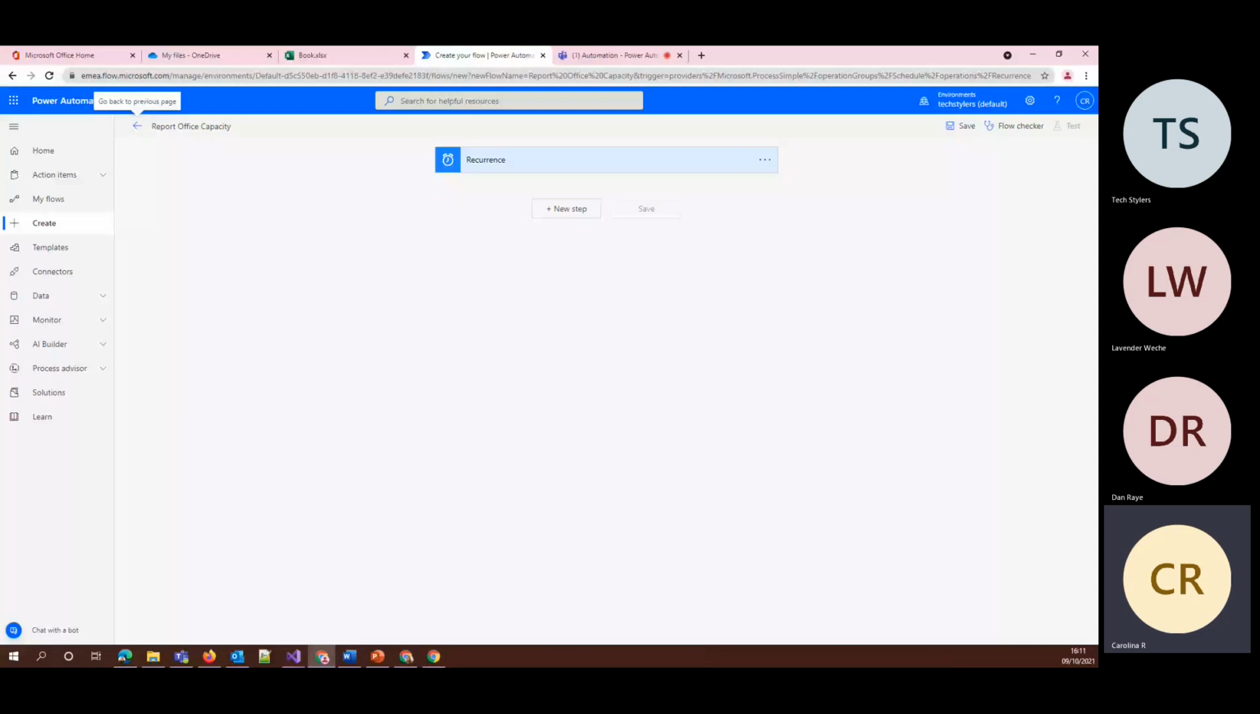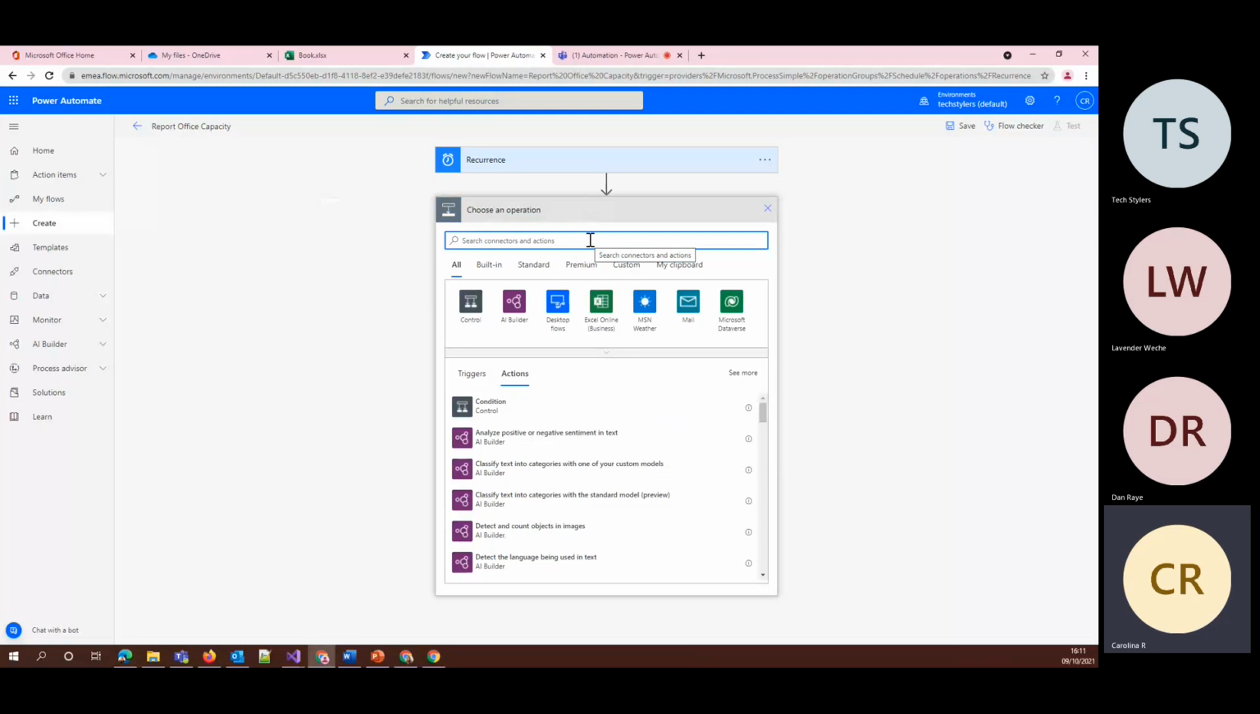Okay, so now we have our flow and we have our trigger. Our trigger is a recurrence with a monthly frequency. And now we can start building our flow to retrieve our offices. The first thing that I'm going to do is work with variables. I'm going to create a variable to hold our max capacity. In order to use variables,